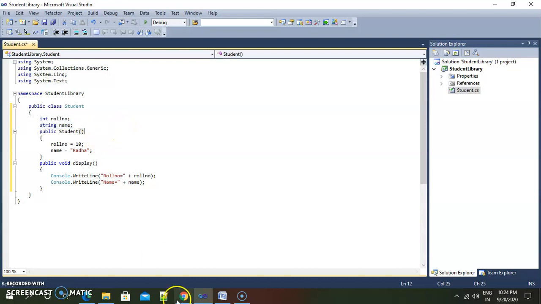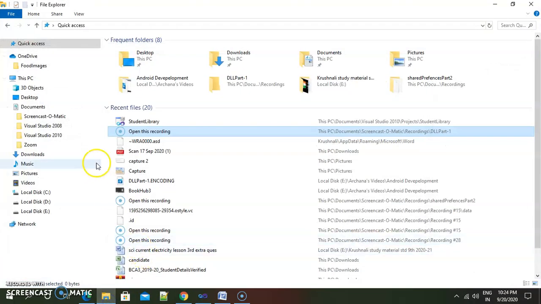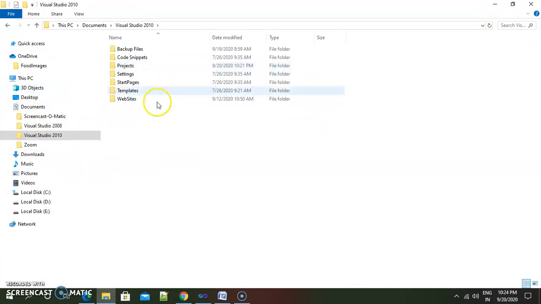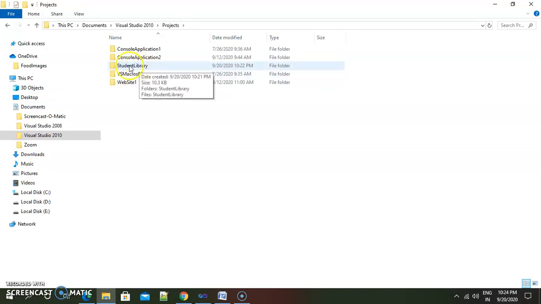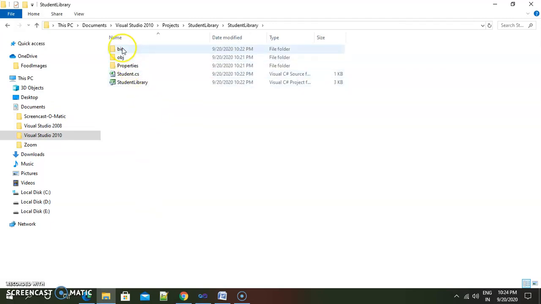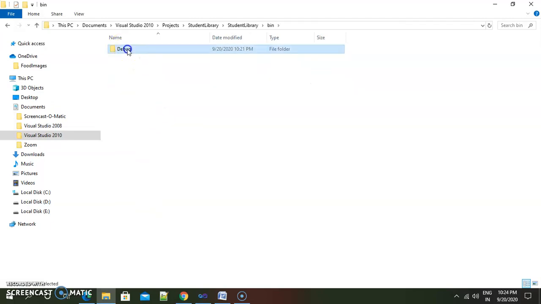So if we go towards the project structure, this is Documents, and inside Visual Studio, inside projects there is one student library. This is my project, I have just created it. And inside bin, if we look inside debug, there is no file created yet.